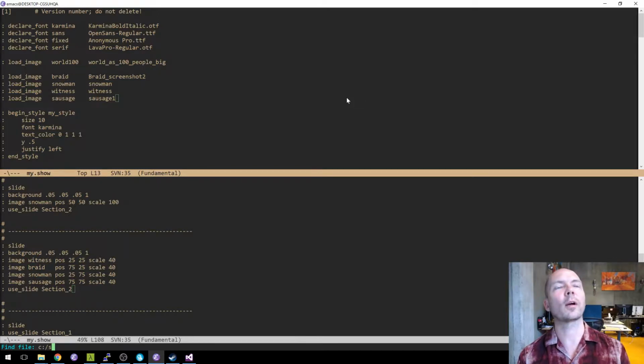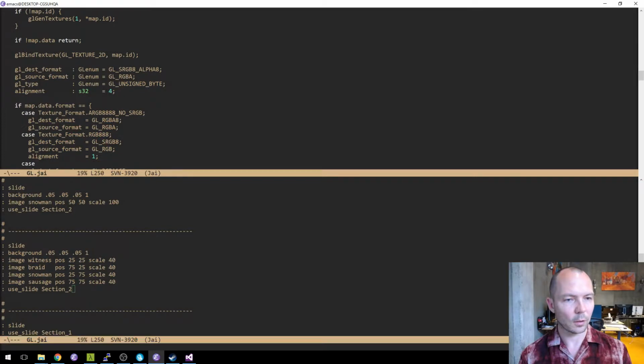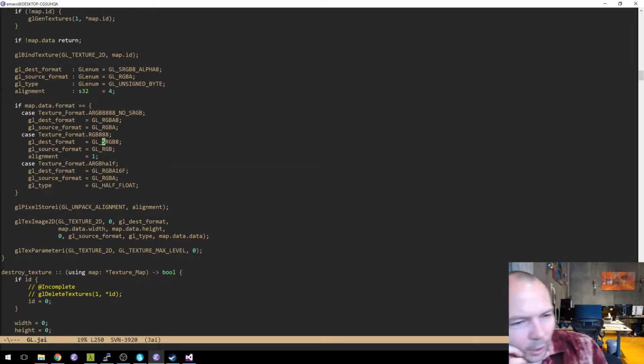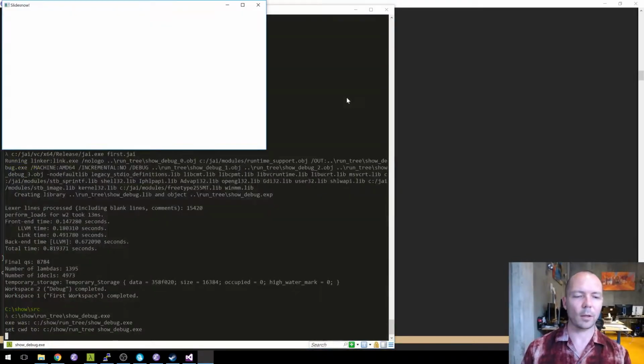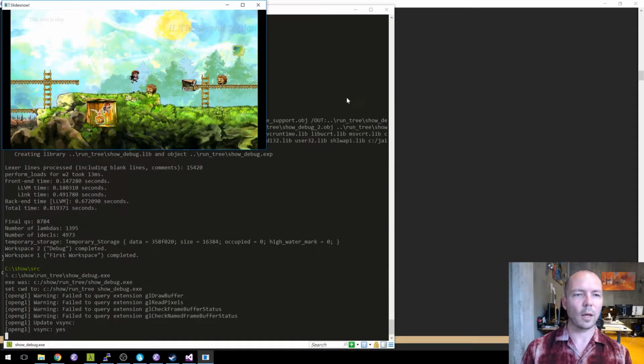Oh, I know what's going on. So I'm telling it this texture is sRGB, which I think just means, it doesn't really mean it's sRGB. I think it just means exponentiate it when you sample it. I'm not sure what the semantics are of that, but yeah, so this is better.